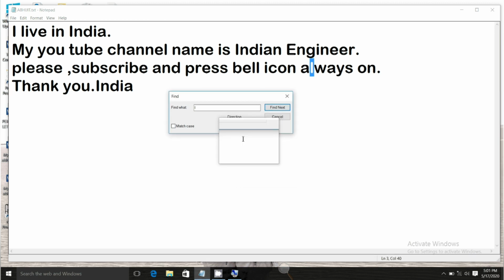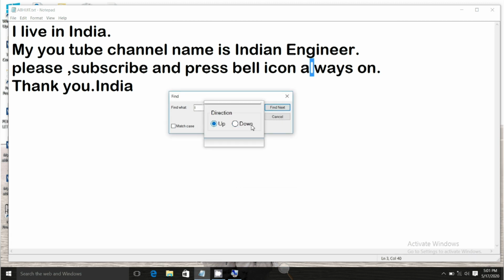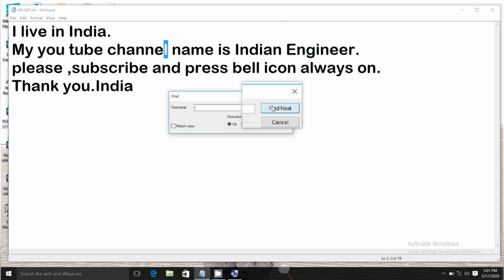If you choose the up direction, the cursor will move upward and it also highlights the letter L.